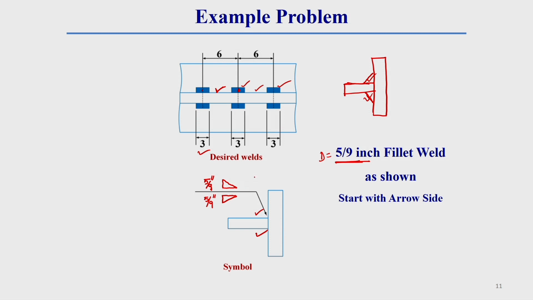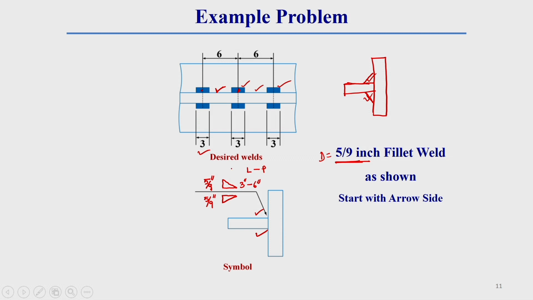Now, what do we put on the right side? Generally we put L minus P, the length of the weld and the pitch of the weld. Here the length of each piece of weld is 3 inch, so L is 3 inch. And P is the distance between the centers of two subsequent welds. Here the pitch is 6 inch. So the L and P values are: weld length is 3 inch and pitch is 6 inch.